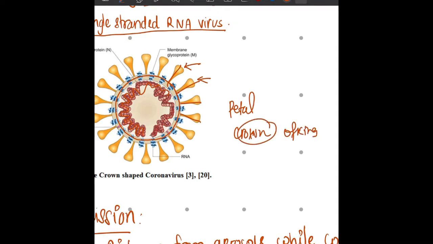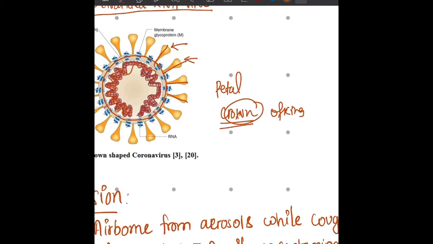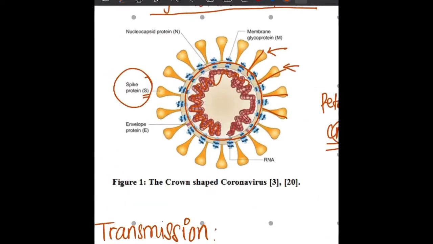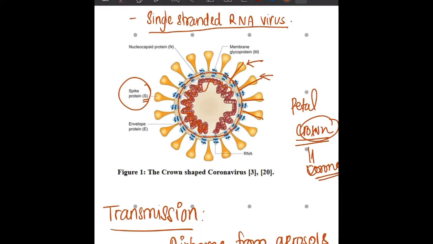Because of this appearance of a crown or a petal of the flower, it is called coronavirus, and hence the name corona has come. So you can see that this is an RNA, there is a protein coat, and these are the S proteins. S proteins are particularly important in pathogenesis of the coronavirus because it is through this S protein that the